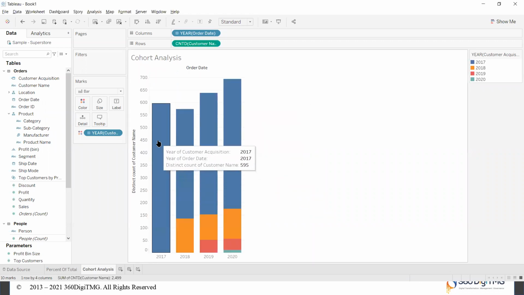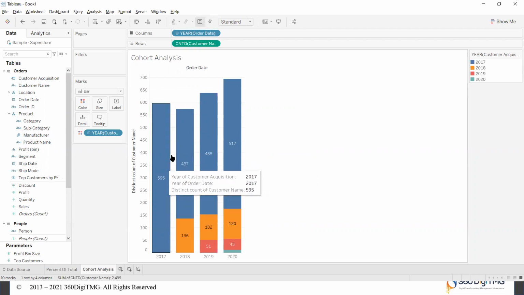And now this is the total number of customers we acquired in 2017, 595 of them, of which 437 people returned in 2018 to make transactions, of which 485 people came back in 2019, of which 517 people came back in 2020.